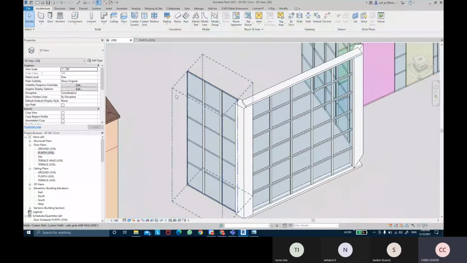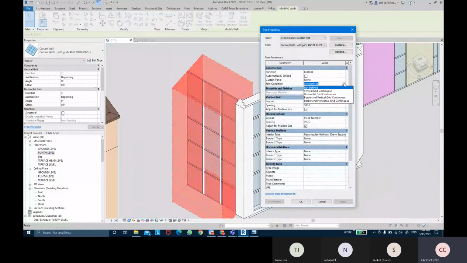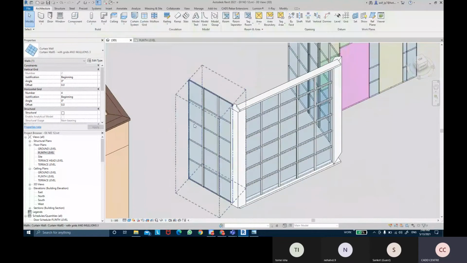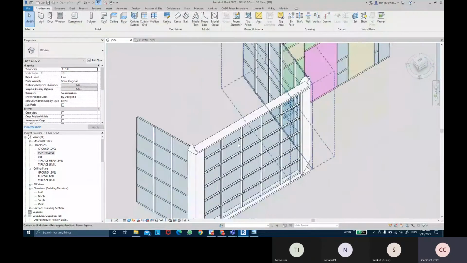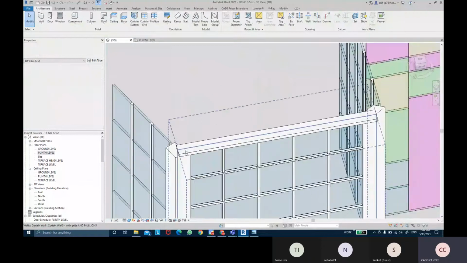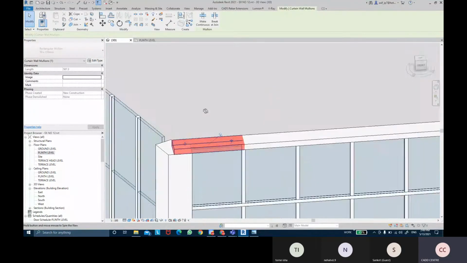Okay, you can even change the joint condition for these walls as well. So you can tell it that you want to take the border and the vertical as continuous, and they will be continuous in that form. Now we have not added any borders to these walls over here, so that's why they are not continuous. And somewhere over here it also slightly extends, but it's not actually continuing.